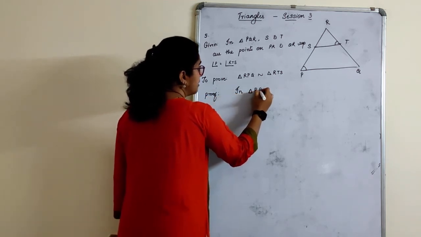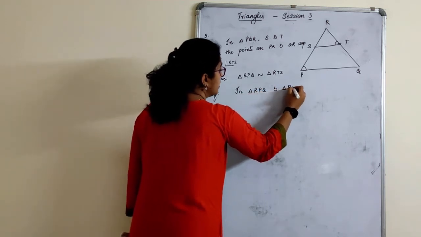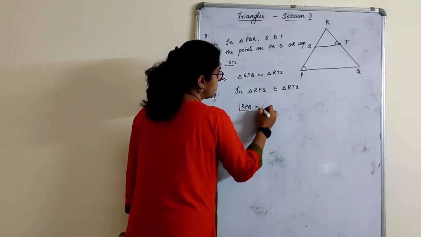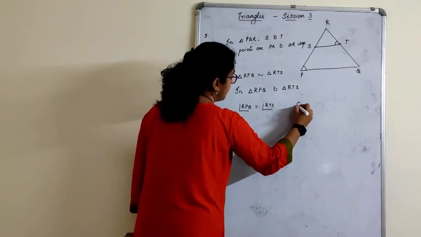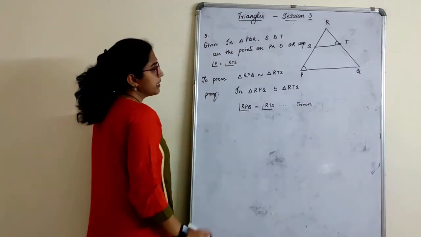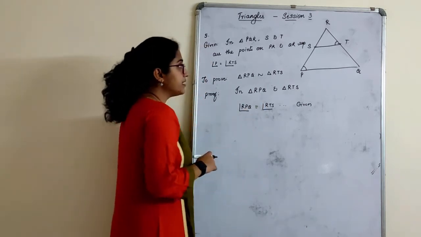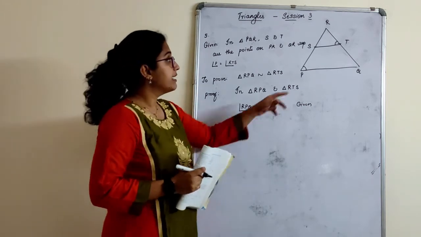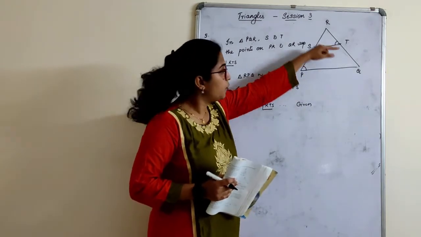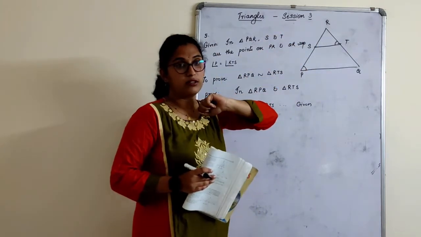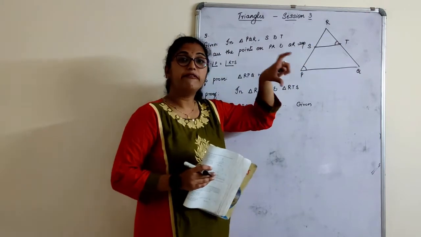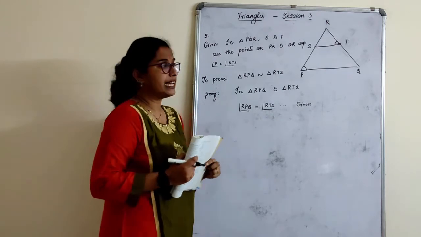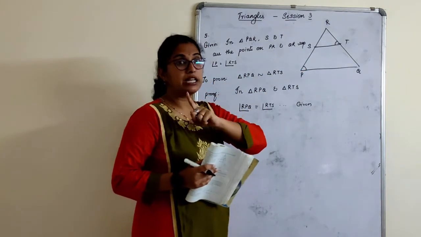In triangle RPQ and triangle RTS, first of all, angle RPQ is equal to angle RTS, given. Angle P is equal to angle RTS, right? Then always when only one angle is given, always remember that one common angle should be there in the given part. Usually what they do is, if they give that these are parallel, we can tell that these are corresponding angles. That is one rule, children. Otherwise, always remember, in one triangle only, when we make two triangles, there will always be one common angle. This is all hints of what you should know to find out. But here they have not given parallel, so corresponding angles cannot come.